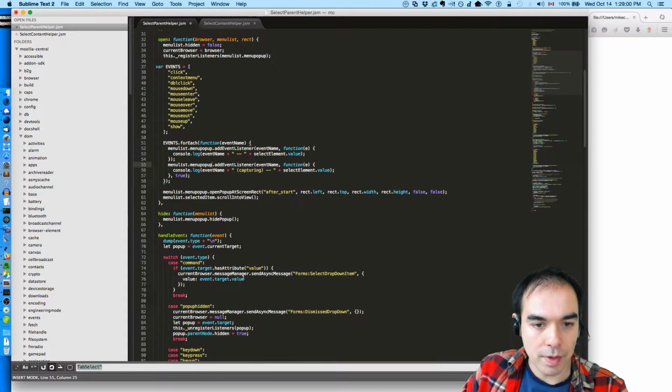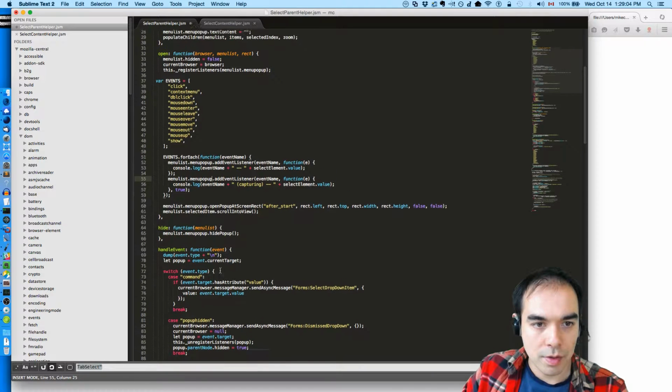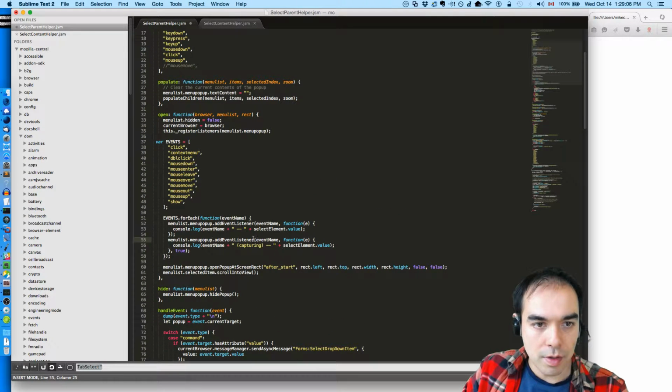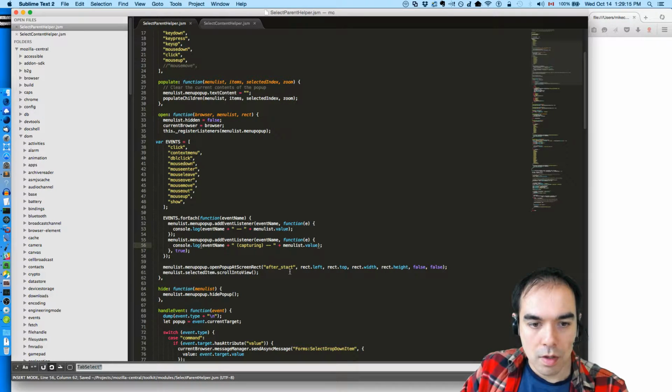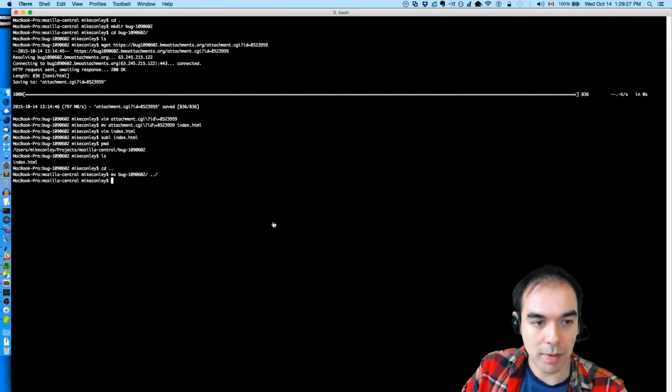The value is the menu list dot value. Pretty sure we only get one shot at this too, because after the menu list closes, we haven't removed any of these event listeners. So every time the thing opens, we're going to get spammed with more and more log messages.